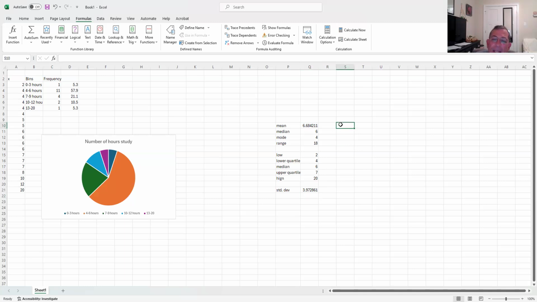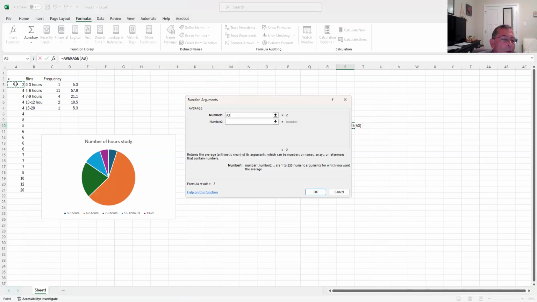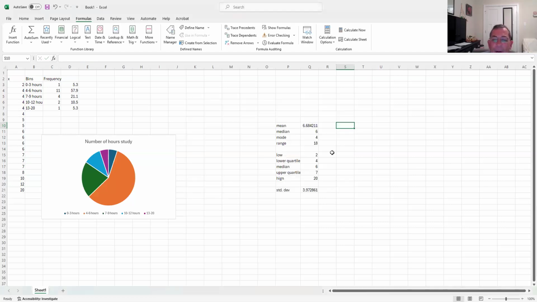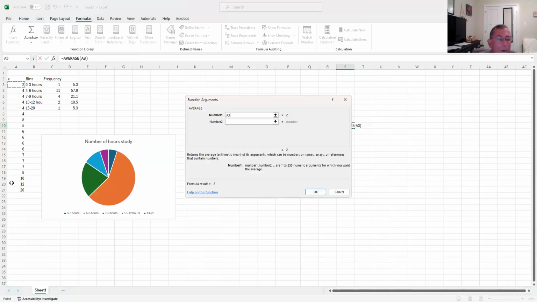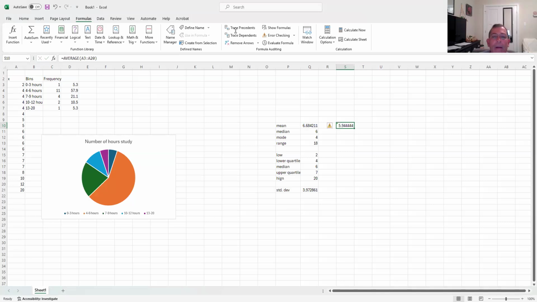Let me show you the effects that the 20 has on my data if that 20 wasn't here. So let me show you the mean. Let's do the mean of my first 18 data points instead of my whole thing. So I'm going to go to stats, I'm going to go to average, and I'm going to do it from the 2 to the 12. Mess my numbers up again. Let me try that again. So this will equal the average from 2 to 12. All right, y'all, when I hit enter,